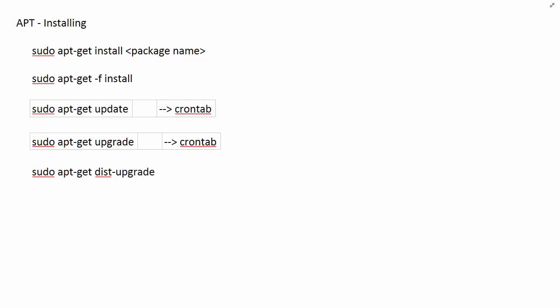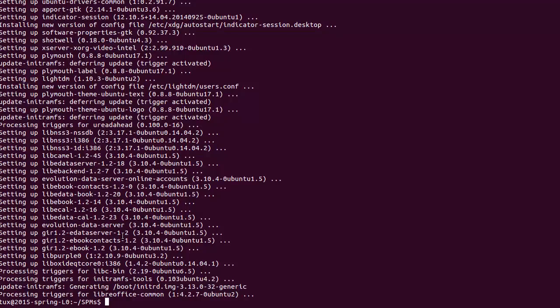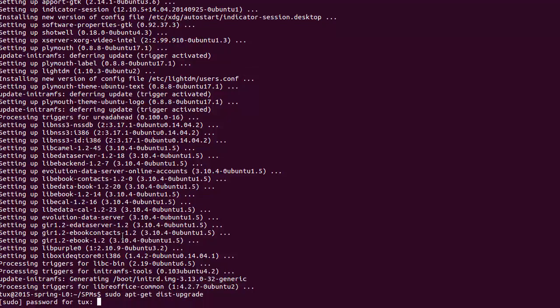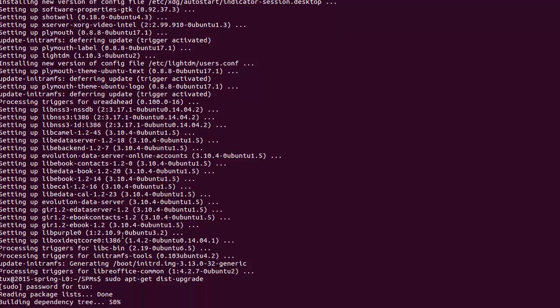So if you use different front ends like Synaptic, Aptitude, etc., you have this option too. Sometimes it's referred to as a smart upgrade for that reason, because it doesn't just update every package. It actually goes further than that and resolves potential problems. So you might find it under a different name, but the principle is the same. This is a dist-upgrade, a distribution upgrade. I'm not going to run it, but this is exactly the same principle. apt-get dist-upgrade, and then it would ask you for your password, of course,